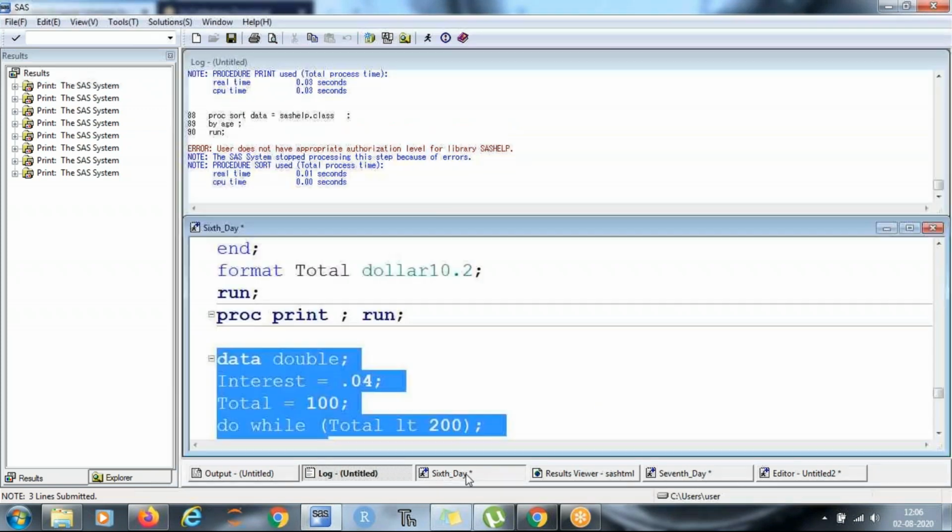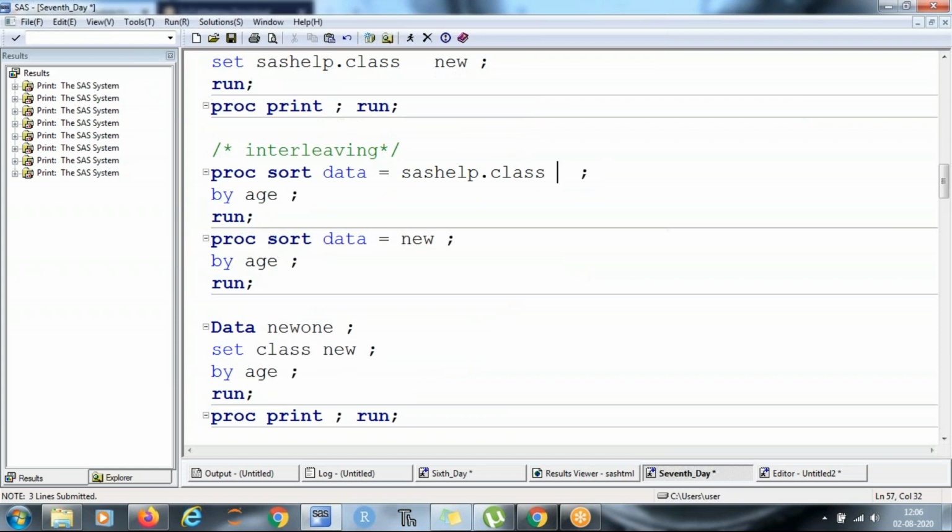कि मेरे पास इस लाइब्रेरी के अंदर sorting करने के rights नहीं हैं. तो क्या करना होगा? I want an output, right? So what I did, I sorted this data, but I created a copy of this by out command. And this is stored in my work library. And there I can store anything. So basically, to use this library directly, need to use out equal to class, because data equal to new we just created in work library, right? So we can access it directly.